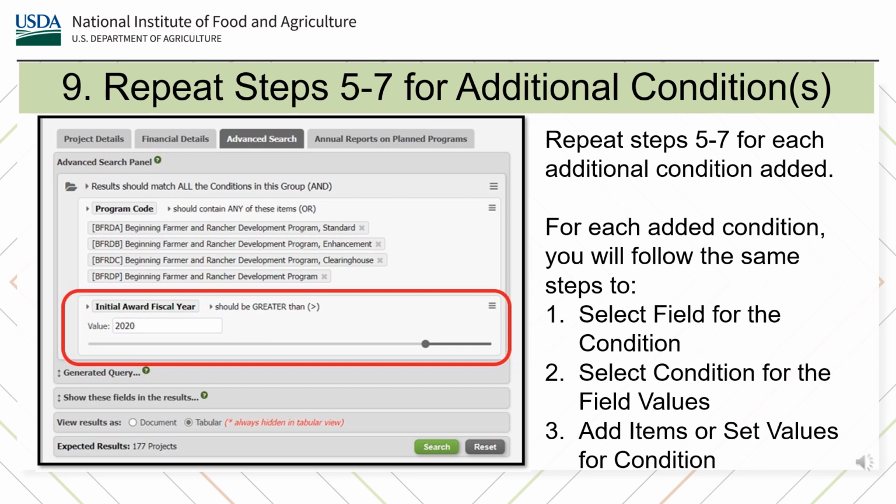I have selected the condition should be greater than for the field values, and I have set the value as 2020. In this example, the results will bring back all of the grant projects under the 4 program codes listed in the first condition that also have an initial award fiscal year 2020 and later.